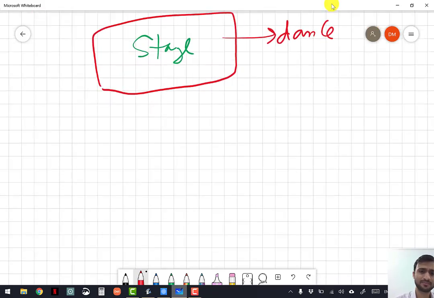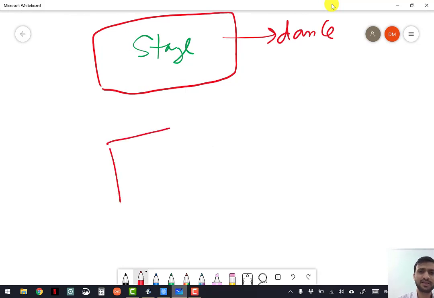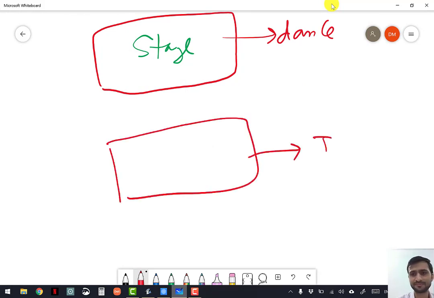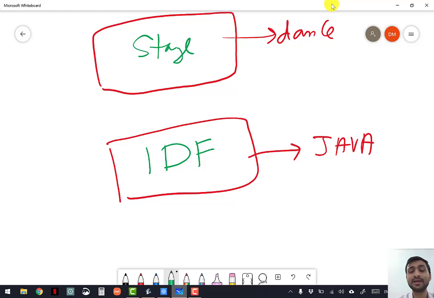Similarly, you want to create a Java program. So you need a place to create that Java program, right? That place is known as IDE, a place where you can develop a Java program.